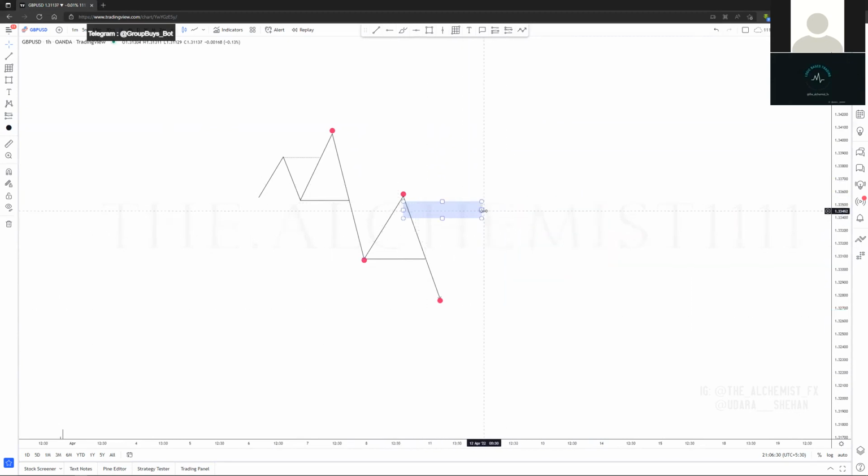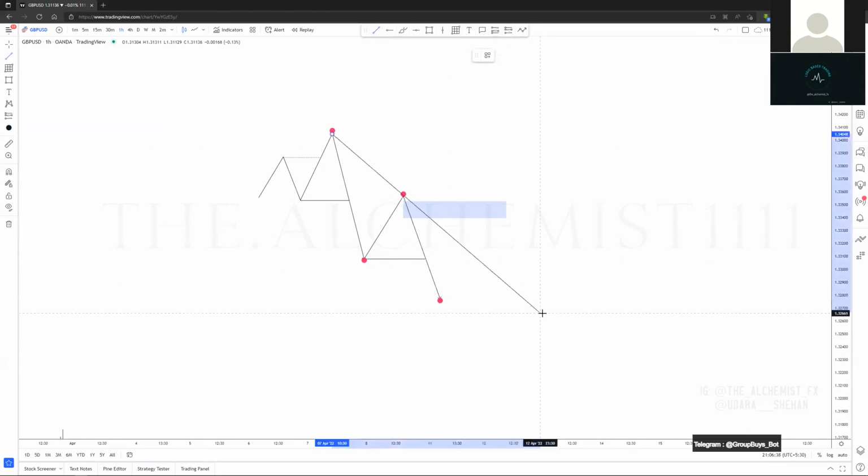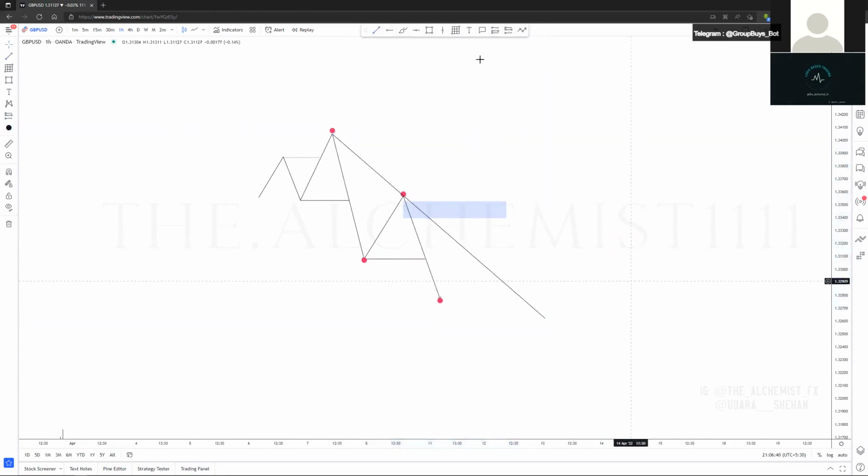Now what we should understand is that not only smart money and supply and demand traders want to enter the market here. We also have trend line traders. See that? Now we have the trend line traders. Now, what are they